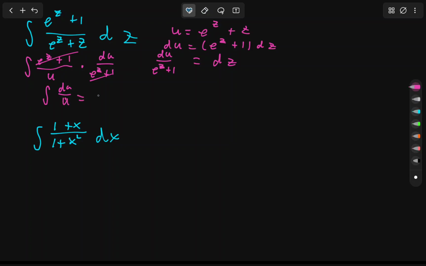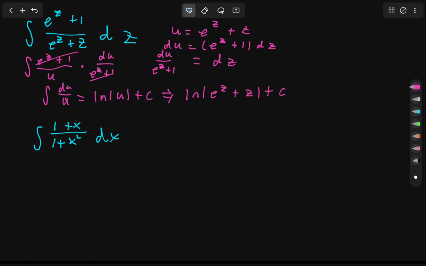This integral is just the natural log of the absolute value of u plus c. Well, if this is the natural log of the absolute value of u, and u is e to the power of z plus z, we get an expression of the natural log of e to the z plus z